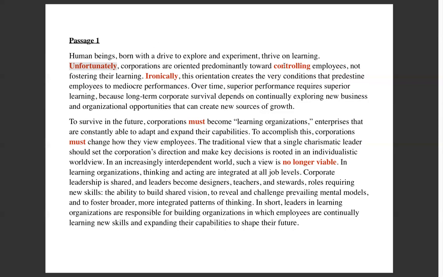And then he goes on to call employees controlling. Okay, well, that's also a negative word. And then later he says, ironically, right? I would say ironically isn't necessarily negative or positive in and of itself, but it's sort of a contrast to what he was saying before. So even though we're not really discussing the content of the passage, I have a sense just from these three keywords that maybe the author is not fully happy